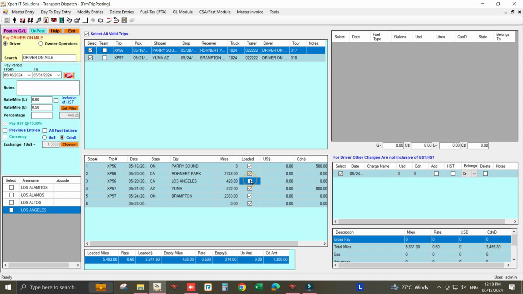So I will uncheck the loaded option in front of it, so that the system applies the 50 cent per mile rate to these miles. I'll also uncheck this one as well because these are also empty miles. So you have the option to pay a separate rate for loaded and empty miles. After setting this,